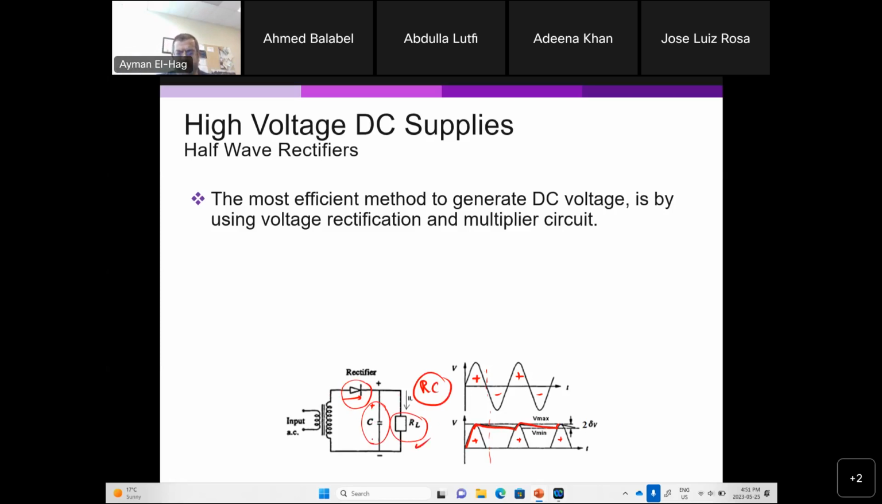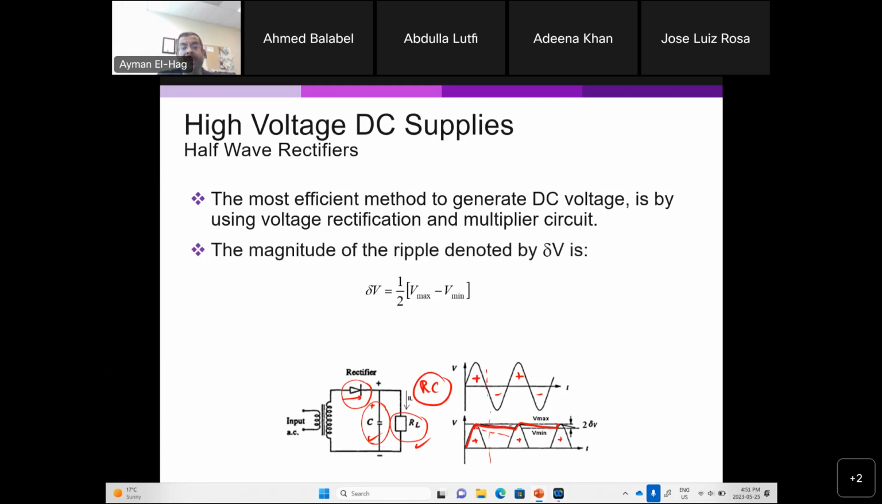But depending on the load, depending on the value of the C, you will have faster or slower discharge. And this will lead to something that we call the ripple. Because the DC will not be constant, it will have some ripples. And the ripple delta V is equal to 1/2 V max, the maximum value you could have, which is